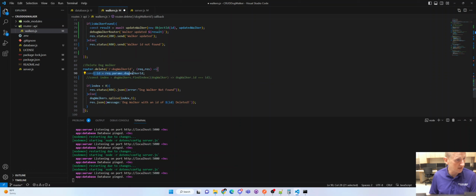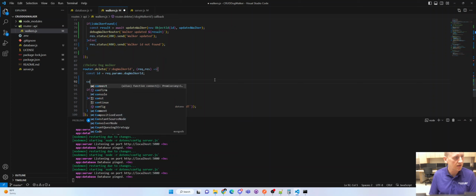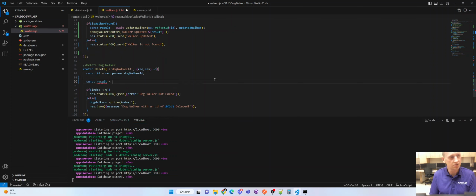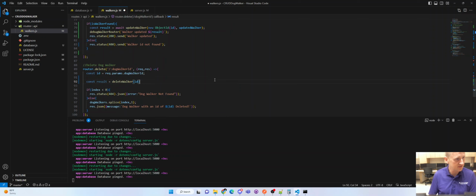So now we have a string coming from the req.params, and we could say something like, again, validation is what I'm thinking here, but const result equals deleteWalker, pass in the string, and then result's going to give you something back. Again, I got to validate this, but let's just go ahead and say if result